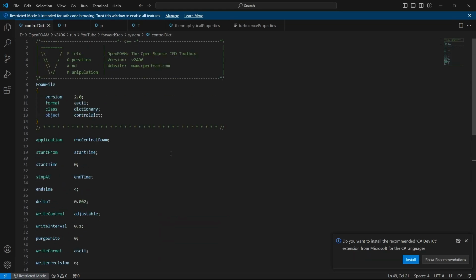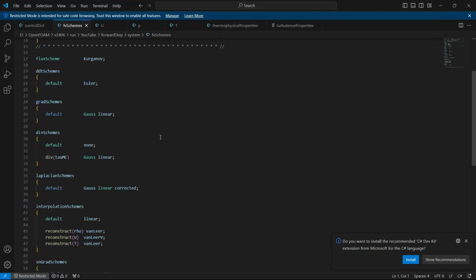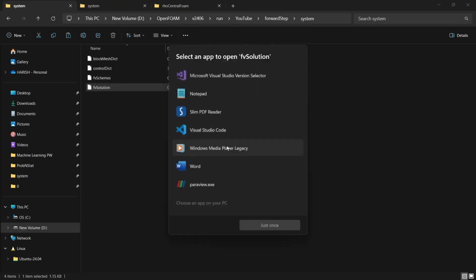Okay, so that's it about controlDict as well. Make sure to save the file. And looking at the fvSchemes, you can just look at all of this documentation if you want to understand why they use these. And coming to